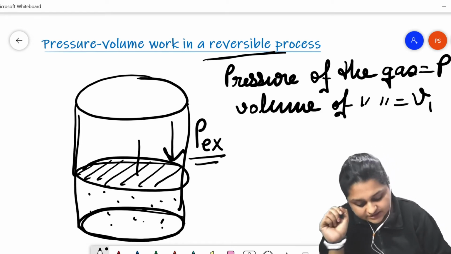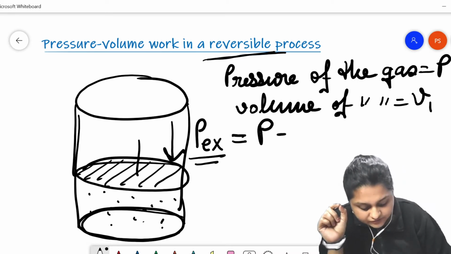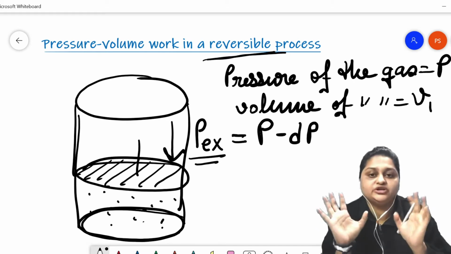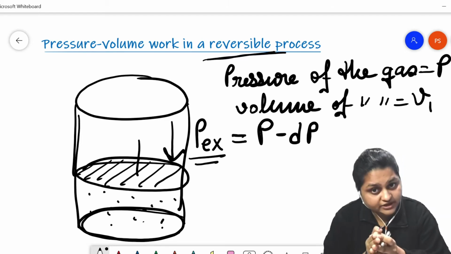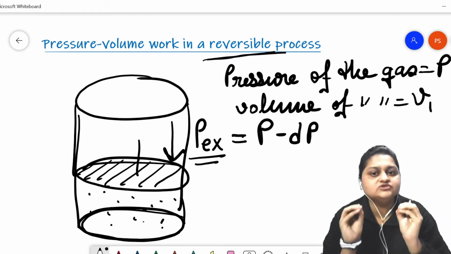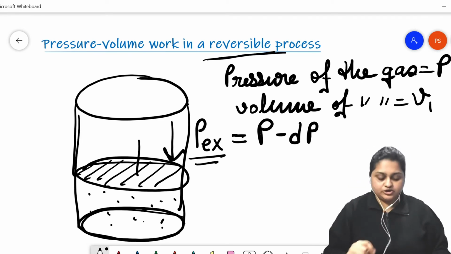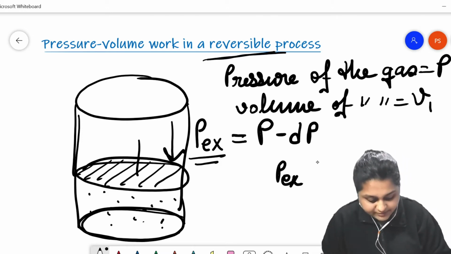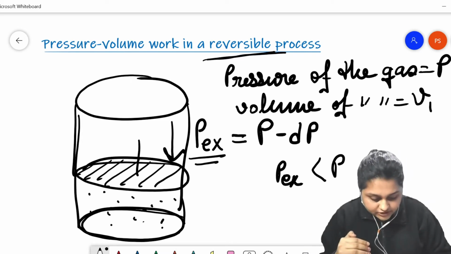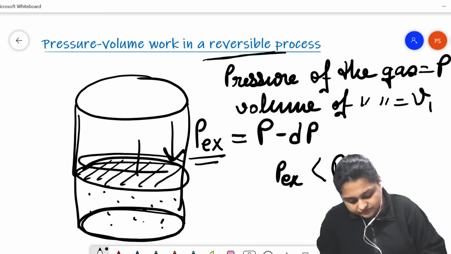So we can say that this external pressure Pex is equal to the internal pressure of the gas minus an infinitely small amount of change in pressure. So Pex can also be written as P, the internal pressure of the gas, minus dP, an infinitely small amount of change in pressure. Now when this infinitely small pressure is exerted over this piston, and Pex is less compared to the internal pressure of the gas, expansion will occur, and as a result of this expansion